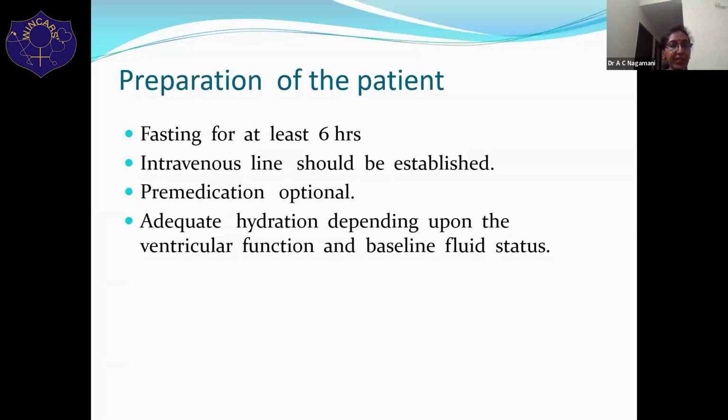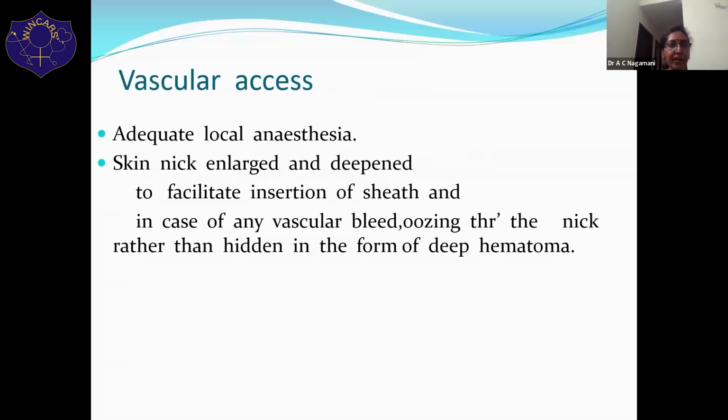Adequate hydration is very, very important in the presence of renal dysfunction, and this depends on the ventricular function and the baseline fluid status. Adequate local anesthesia is also very important to ensure that the patient cooperates and the procedure is pain-free. When we are doing femoral puncture, the skin nick is very important. This is to facilitate insertion of the sheath, and when there is any vascular bleed, it can ooze through the nick rather than be hidden in the form